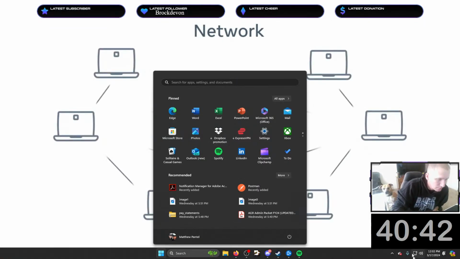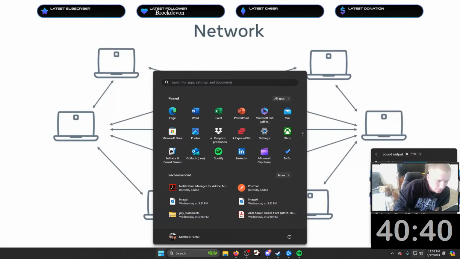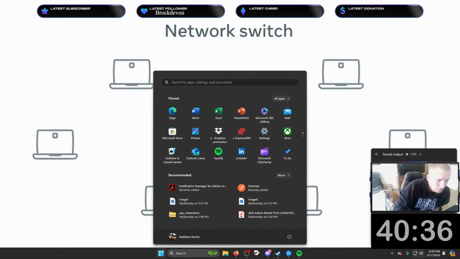a network. You can connect multiple devices to this network, but this becomes very complicated very quickly as each device needs to connect to every other device to communicate effectively. This problem is solved by something called